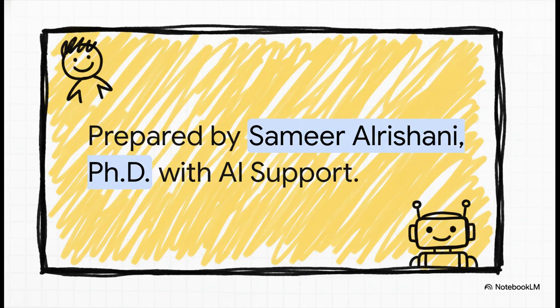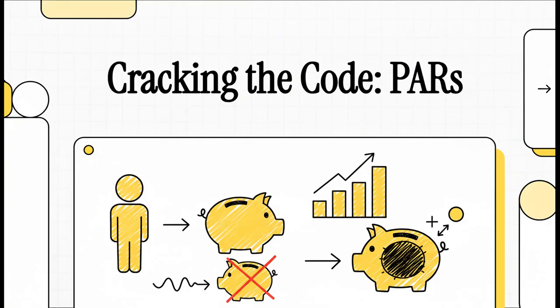All right, class, welcome. Today we are going to crack the code on a really important piece of our retirement savings system, the pension adjustment reversal, or as we call it, a PAR. Now, I know the name sounds a bit intimidating, but trust me, stick with me on this one. By the end of our session, you're going to understand exactly what it is, why it exists, and, this is the cool part, how it can actually give you back valuable RRSP contribution room that you probably thought was lost